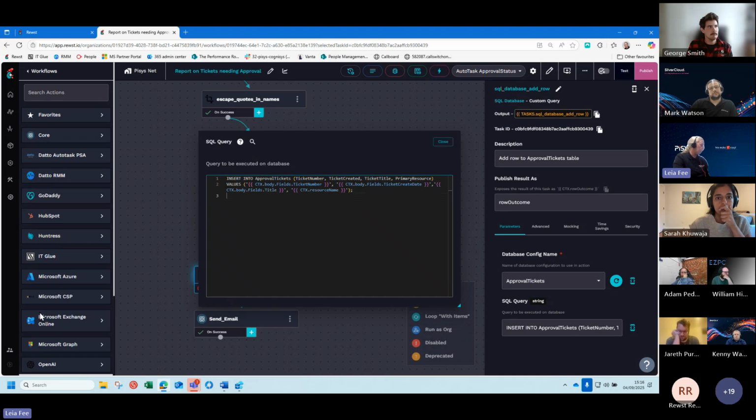So this is another integration which I didn't have installed and had to install. This is the SQL query then, which talks to this approval tickets database. So I've got my query inserting a bit of data. I did have some apprehension about whether the date would spit out from Autotask in a format that wasn't going to be the date format that SQL was expecting, but that didn't turn out to be a problem, happily. So it fires off the query,